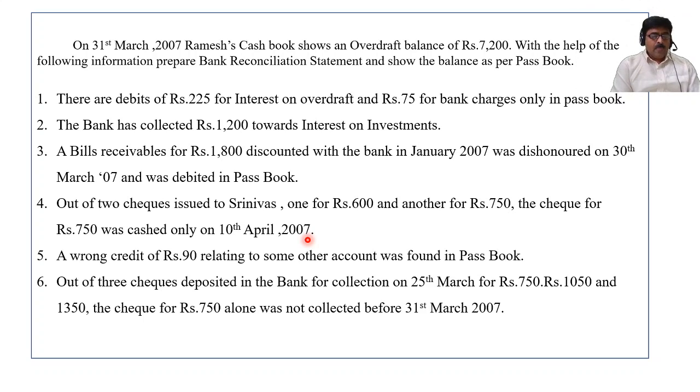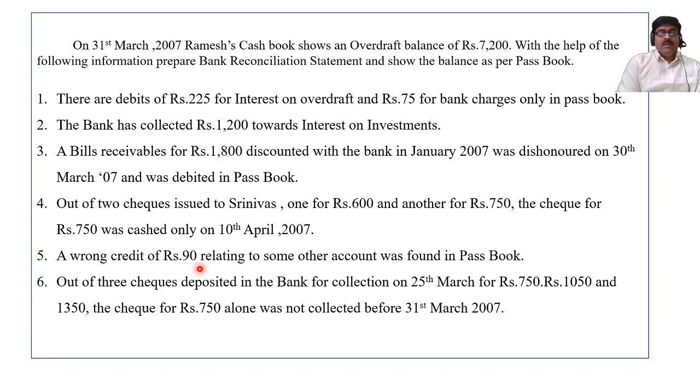It means that there is a difference of only 750. Check 600 already encashed. It is a check issued. When a check is issued, 750 is credited in the cash book but not paid by the banker. So there is an increase in the balance of the cash book. Now we have to deduct it to equal this amount with the passbook amount.